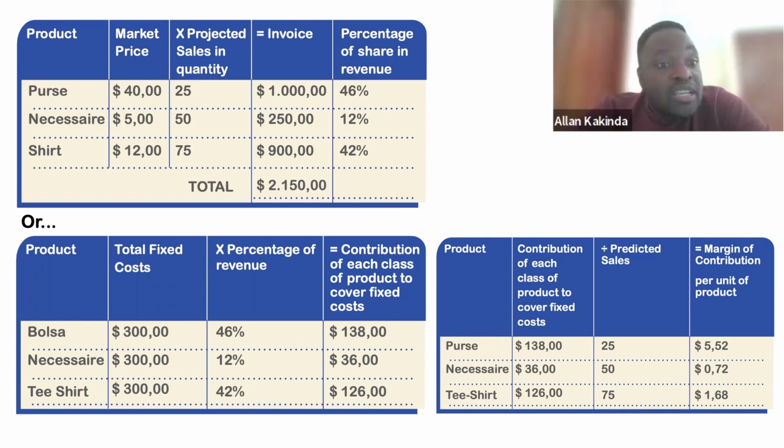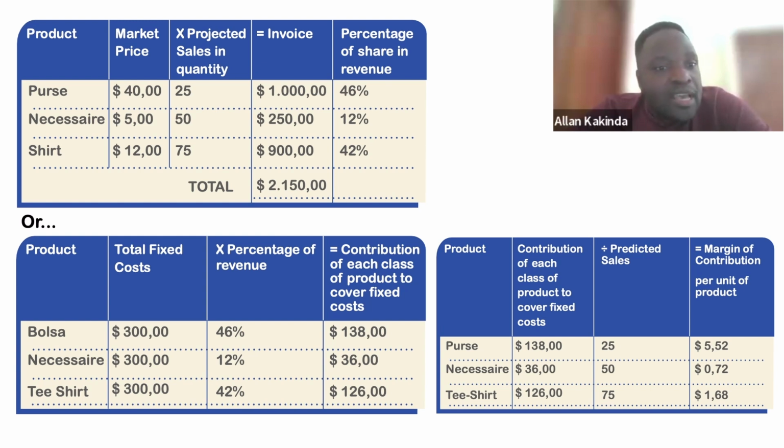So if we project to sell 25 passes, then the revenue or what we plan to get from the pass is $1,000. We plan to get $250 from the necklace and $900 based on the projected sales. So that gives us a total of